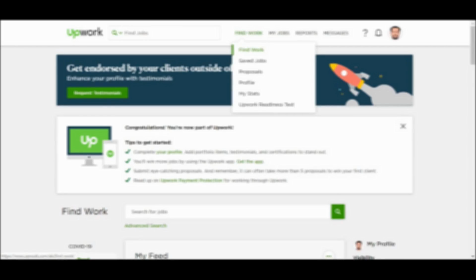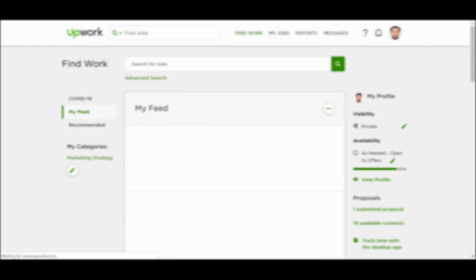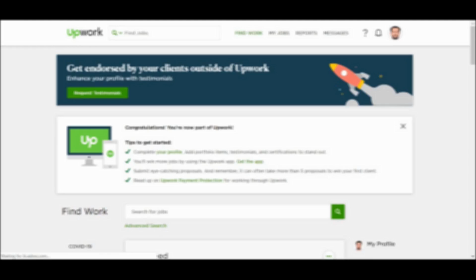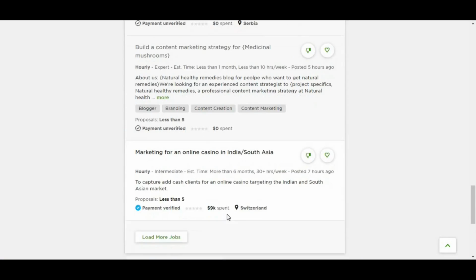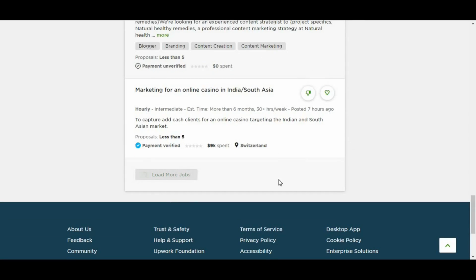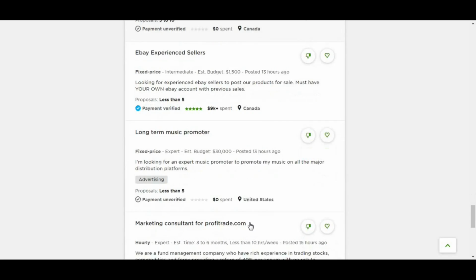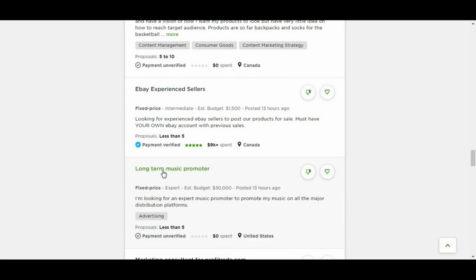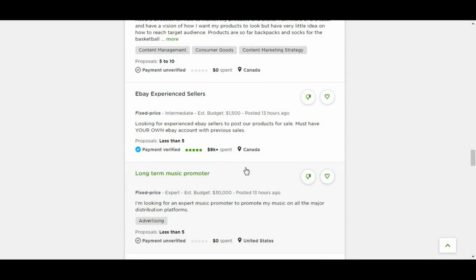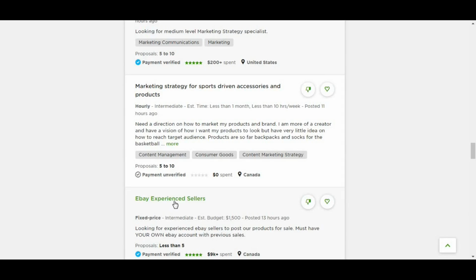So here we click, the new feed comes, but the jobs which they offer us and recommend for us are regarding our skills, not any other different fields. You cannot see any different jobs opposite of your field. These are the jobs. Many jobs are available, different kinds of jobs. So we want to choose one of them: long-term music promoter, eBay experience seller,